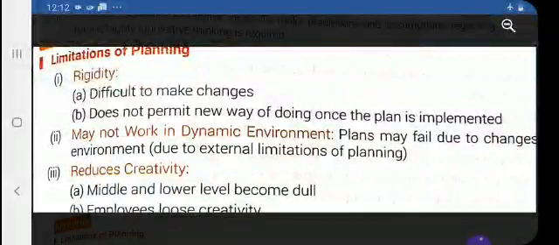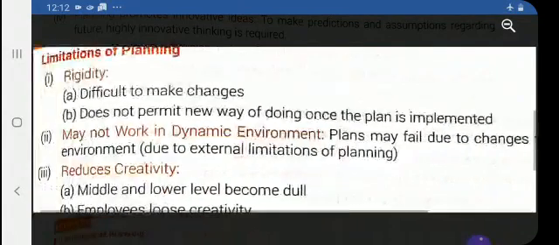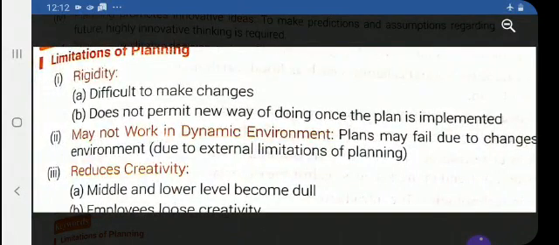Second, it may not work in a dynamic environment. Plans may fail due to changes taking place in the environment, and as we know, external factors are beyond our control, and we have to adapt according to the external changes. Like, the business environment is very dynamic, as there are continuous changes taking place in the economic, political and legal environment,